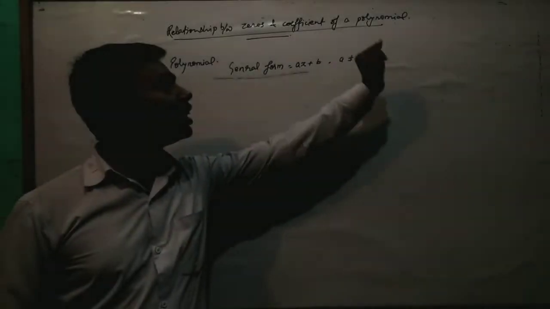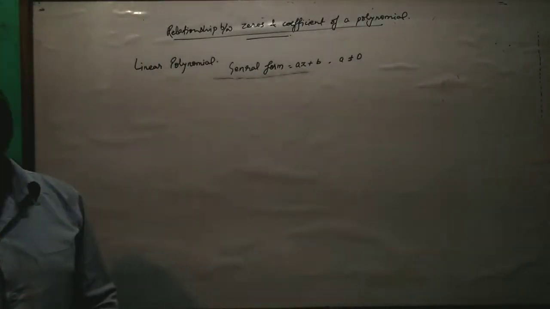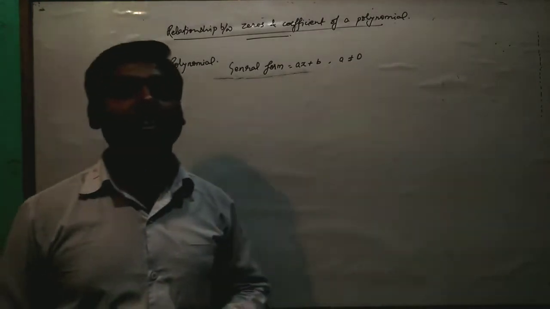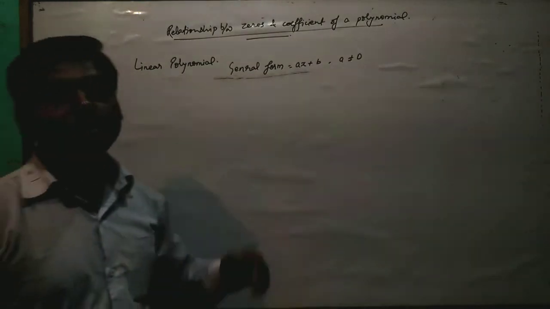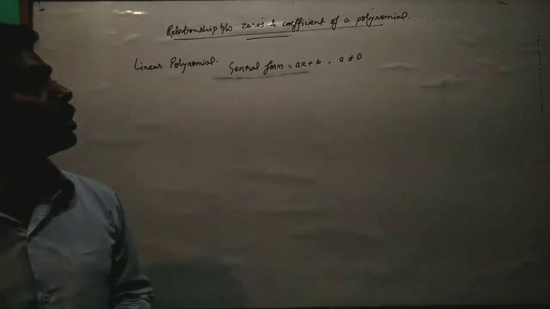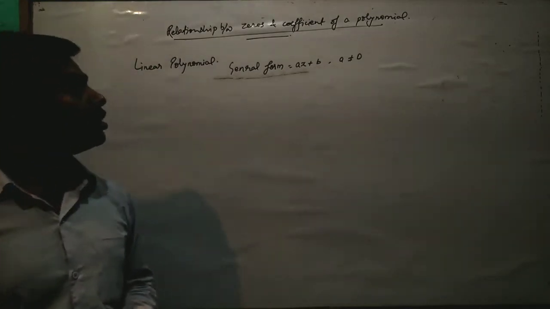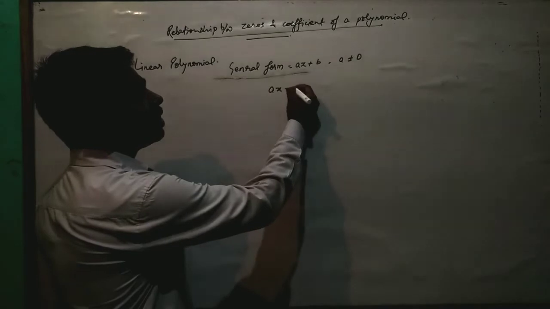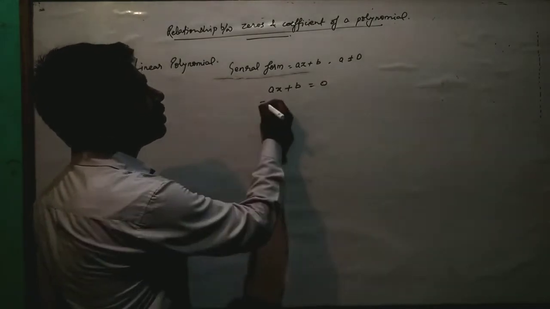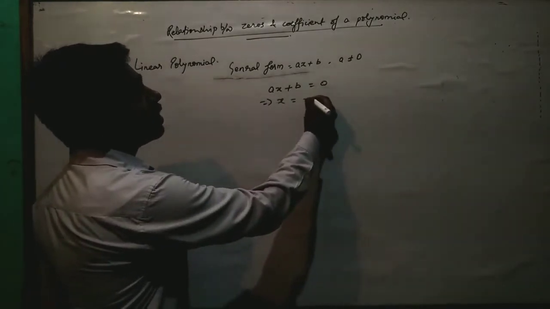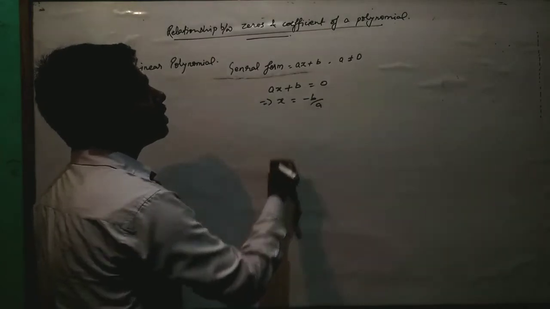Relationship between zeros and coefficient of a polynomial. First we see the linear polynomial, then quadratic, and after that the cubic polynomial. We know that the general form of a linear polynomial is ax plus b, where a is not equal to 0. When we have to find the zero, we can find it as minus b by a, which is